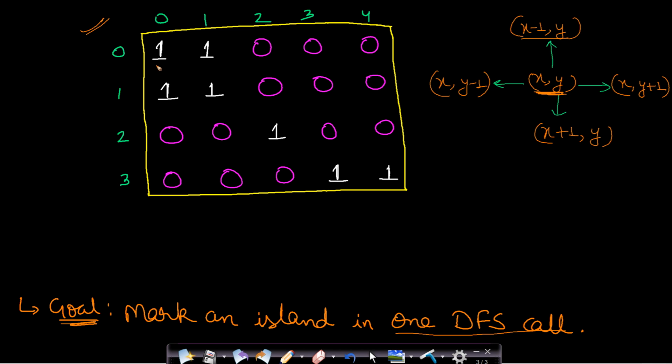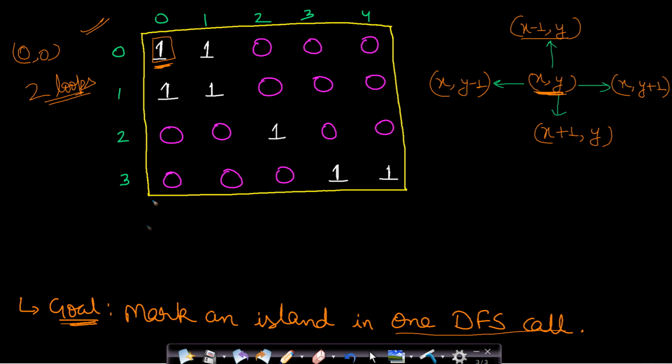I will start from the 0th row and 0th column, that is from 0, 0. I will use the standard 2 loops and iterate over each and every cell. Now as soon as I see a 1, this indicates that this will form an island. So as soon as I see a 1, I will have to mark the entire island. So what I will do is visit this cell and then mark all the adjacent cells as well which are present in the same island.